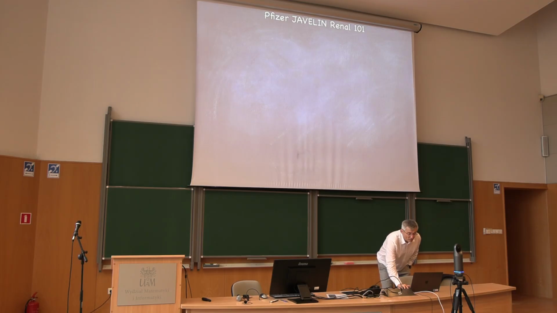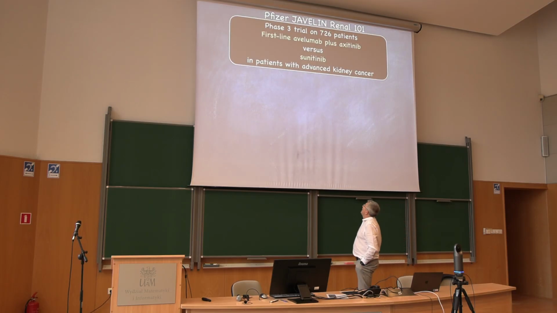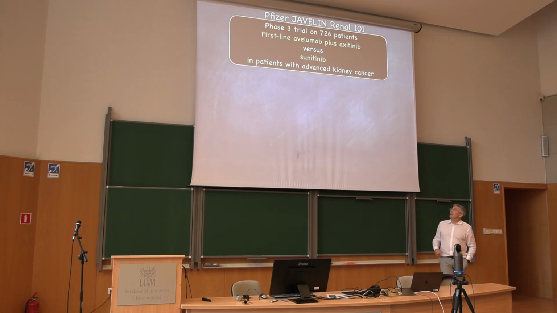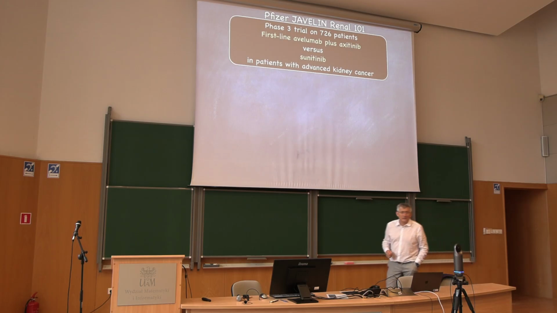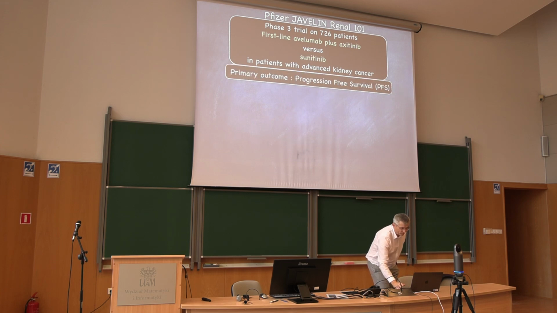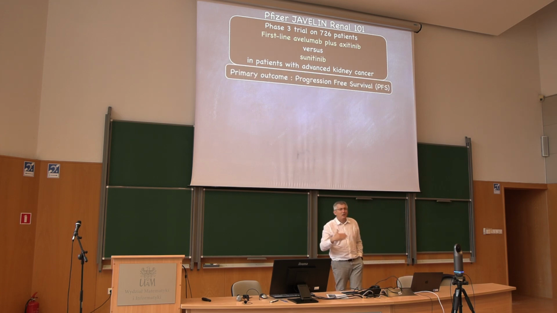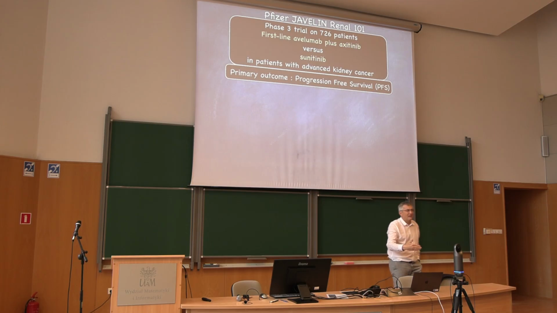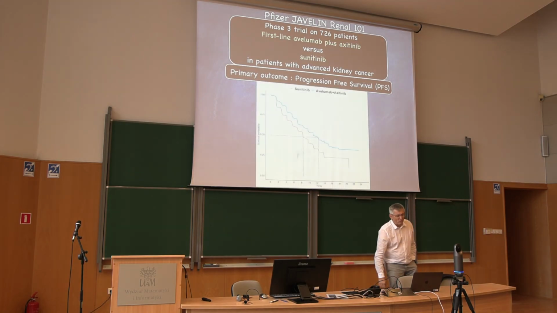Okay. So let me finish with the last example. Pfizer released, it's now approved, a new treatment for this horrible kidney cancer. It's very deadly. There was a previous treatment, and they released a new one. The trial, phase 3, was on 726 patients. And at phase 3, the reason to approve that medication is to show survival rate.